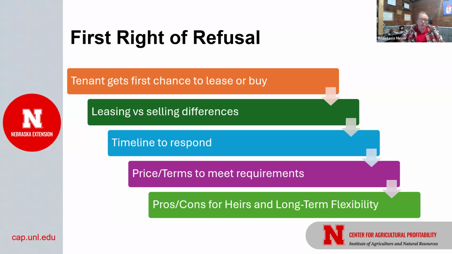So if you're doing a first right of refusal, I would say you need to have how much timeline do they have to respond, yes or no? And then at what price? Is it the fair market price? Is it a reduced rate that we often see for families? Sometimes we see the county appraisal being the price. What does that look like for your tenant? What guidelines do they need to meet before a certain amount?